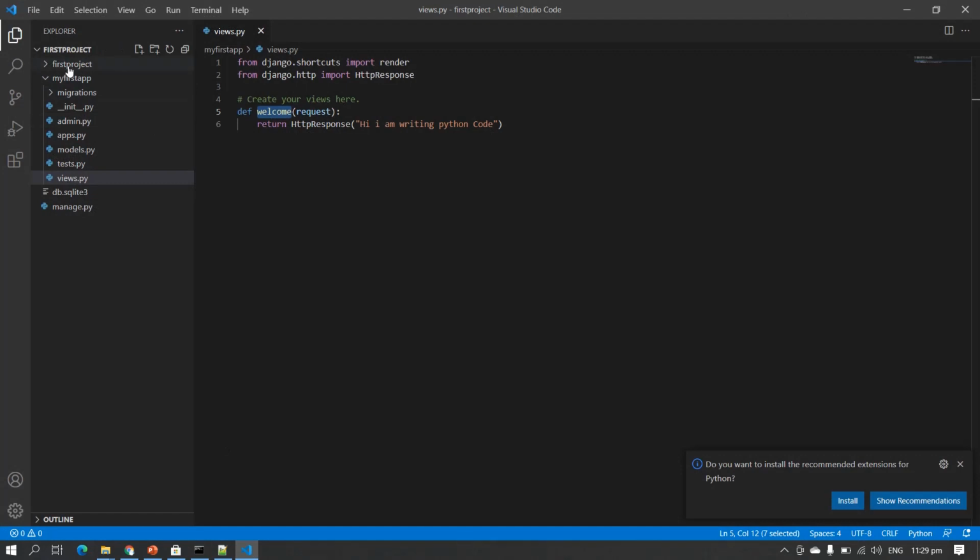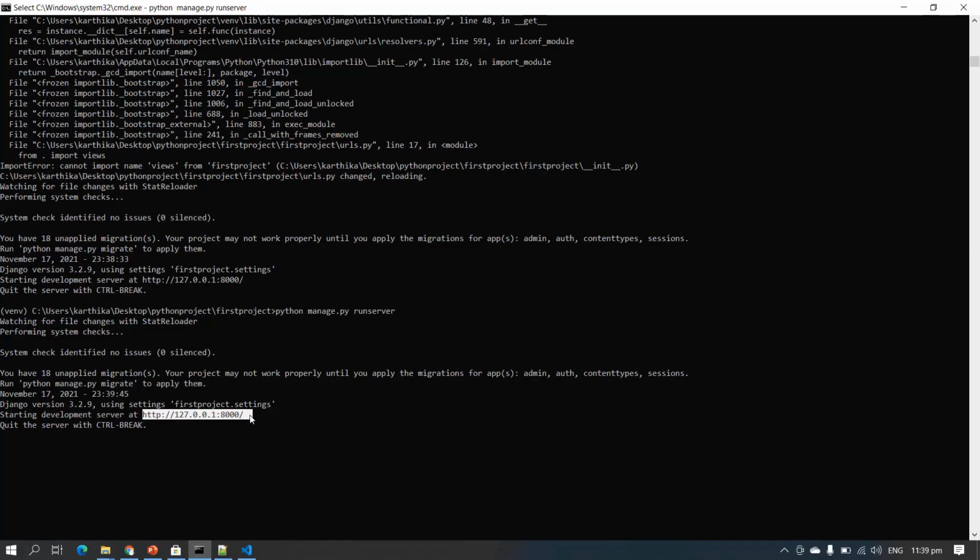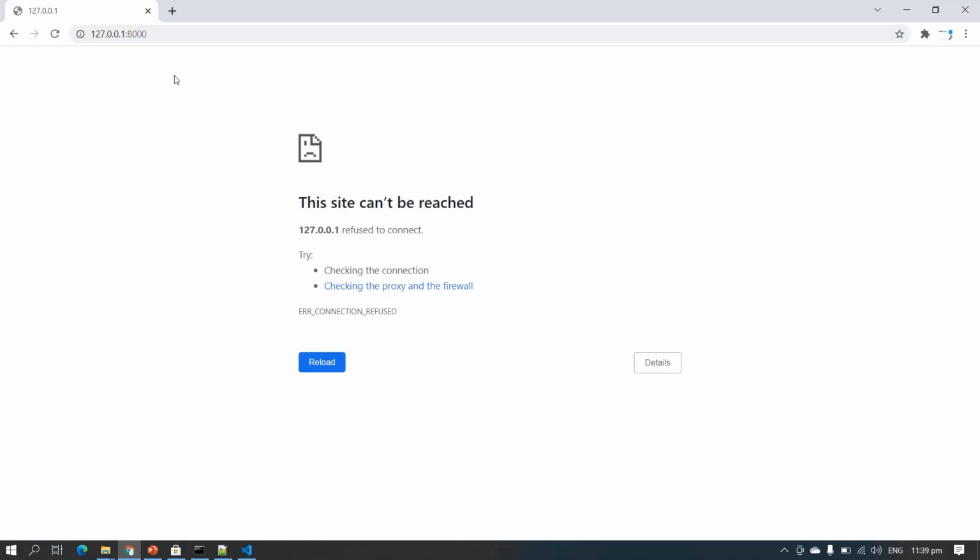So I'm redirecting first project to first app inside views.py. I'm going to call the method here with path. I didn't pass any request. Views dot, the method name welcome. Then to check, refresh the server. Yeah, hi, I'm writing the Python code.